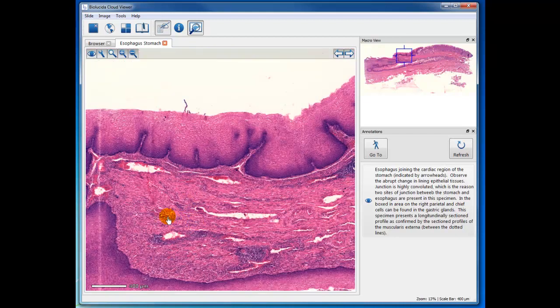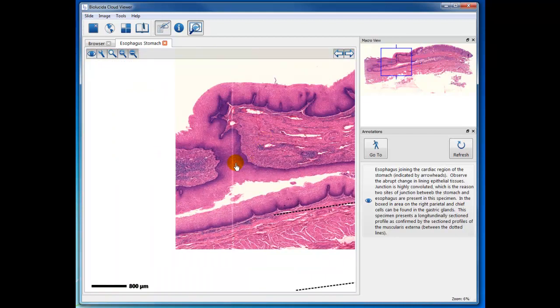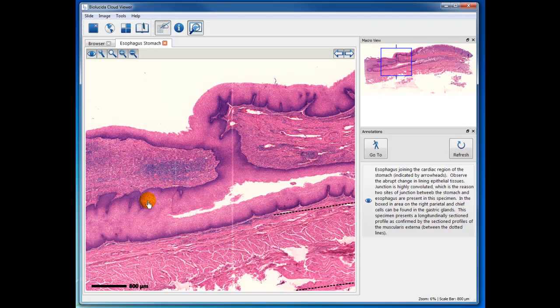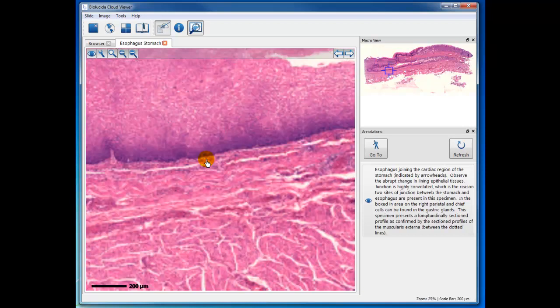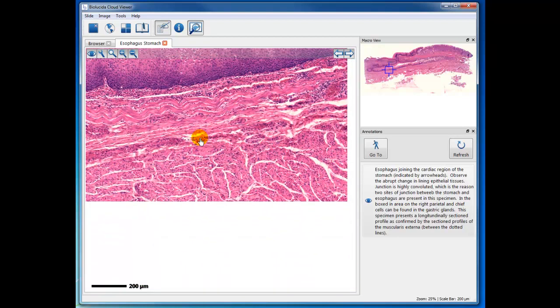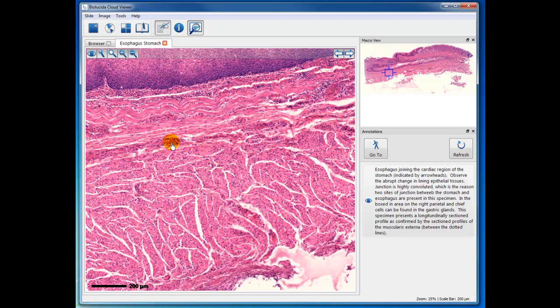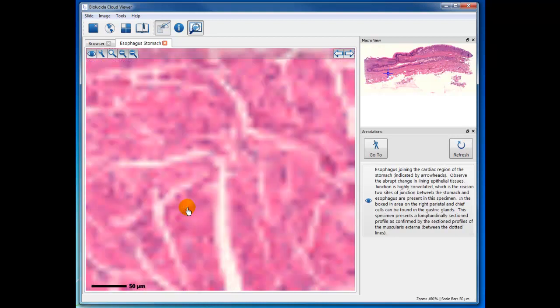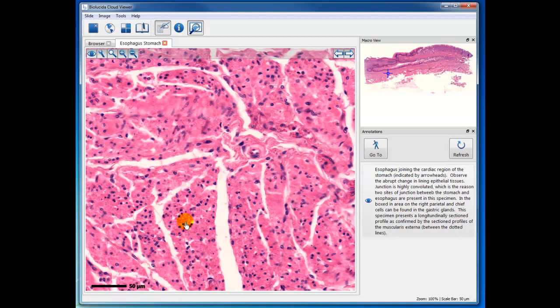And then I think if we zoom out over here, you're beginning to see a little better rendition of the muscularis mucosa here, and then as you zoom out you will see the muscularis externa of the esophagus. Now when you look at these, you can see that all of the smooth muscle cells are cut in cross section here, and that's because